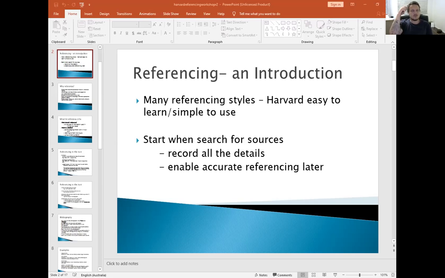Izzy says, I do that all the time. Well, stop it. You find a good source of information, do the reference form. I'll show you the quickest, easiest way to do this. We'll go through the painful part, but then I'll show you the quick, easy. Yeah. So, too long, didn't read. Do your referencing when you find the source and as you find the source. Nothing worse than getting to the end of your assignment going, yeah, I'm finished, then realizing you have to do 20 references. Save yourself the pain and do it as it comes.